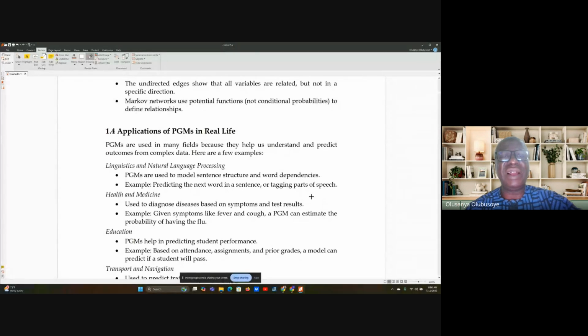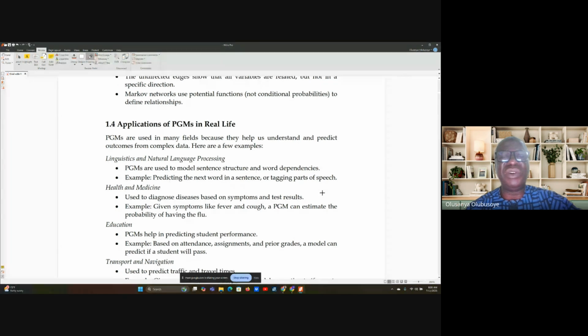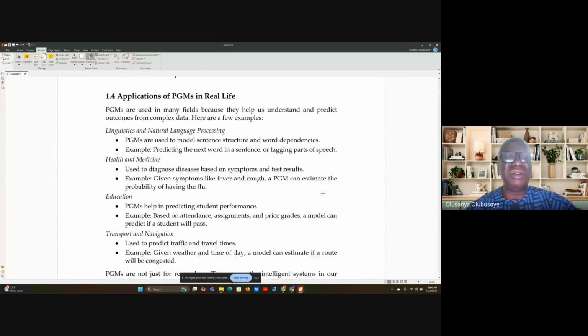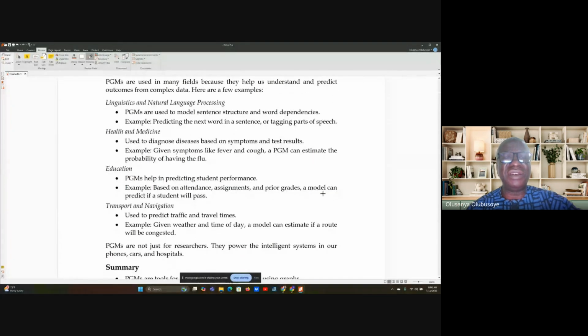In particular, we looked at linguistics and natural language processing, how PGMs are used to model sentence structure and word dependencies. We will still do more of that, but PGMs also have applications in health and medicine, education, transport and navigation,